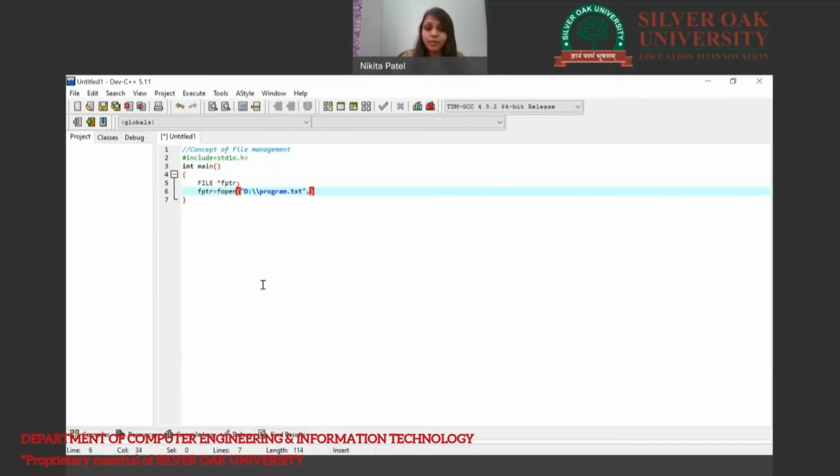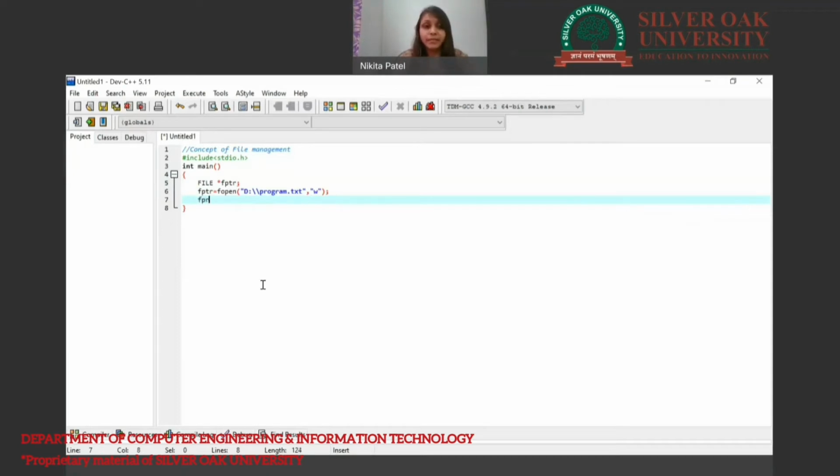Then after a comma, specify the mode, read mode or write mode. Whenever we are creating a file, we will always open it in write mode. So the first statement declares a variable fptr as a pointer to the file. The second statement opens or creates a new file in the D drive in write mode. So fptr contains all the basic information about that file.